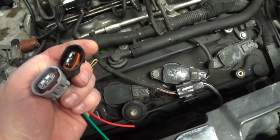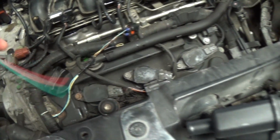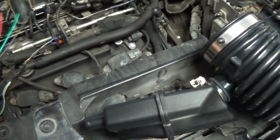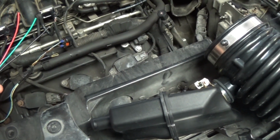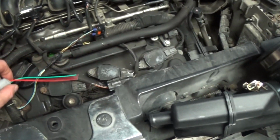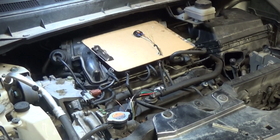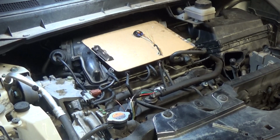So okay, I'm going to get these wires done and see what happens. It should be fine. And of course the spark plugs are done as well. So all right. Now when I do